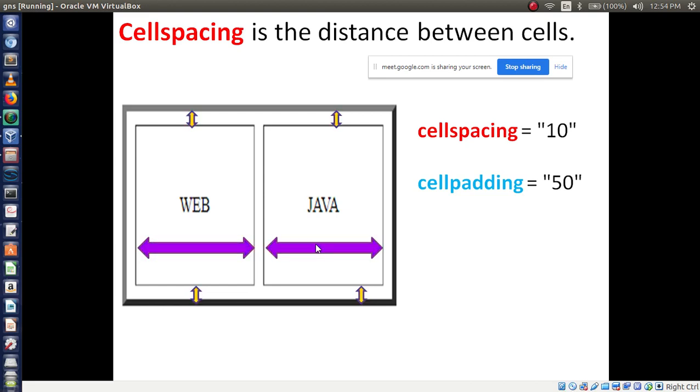See the result. What do you mean by cell spacing and what do you mean by cell padding? Cell spacing is the distance between cells. Try to write this. Write this example, cell spacing 10, cell padding 50, then draw a diagram for this table.